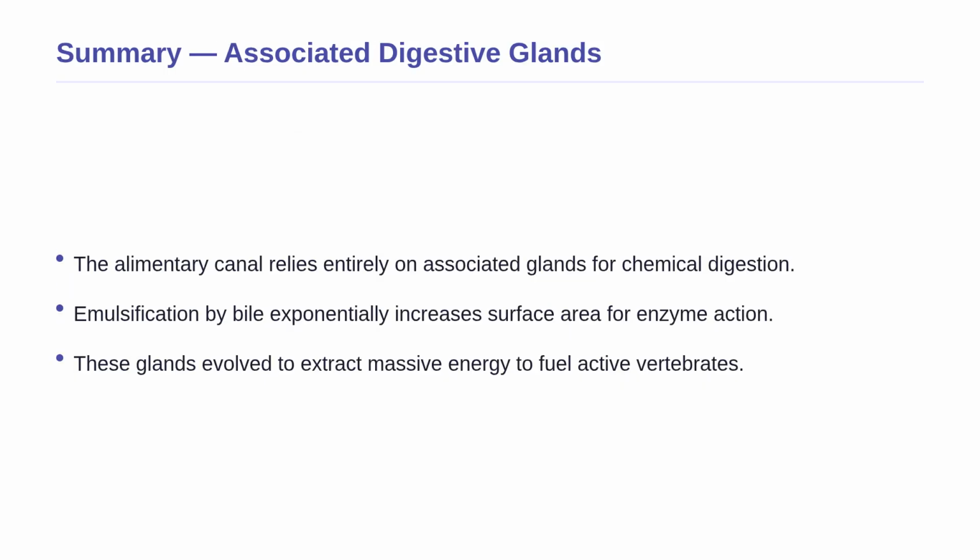We have covered a lot of ground today, so let us review our key takeaways. First, remember that the alimentary canal is just a hollow tube. It relies entirely on associated digestive glands, like the liver and pancreas, to act as vital chemical support systems. Second, we saw the mathematical power of emulsification, where bile shatters fat to exponentially increase the surface area, making enzyme